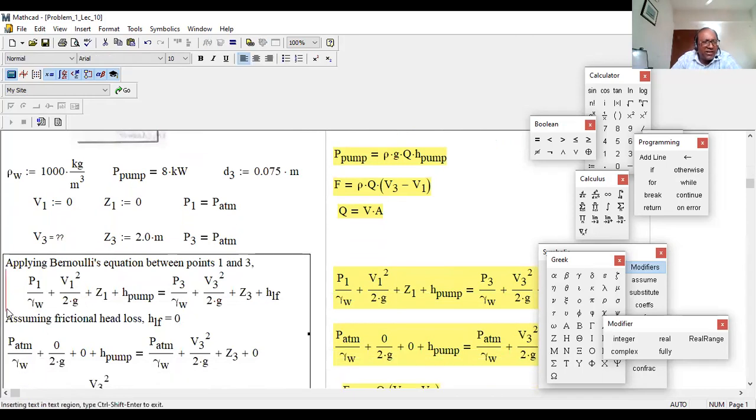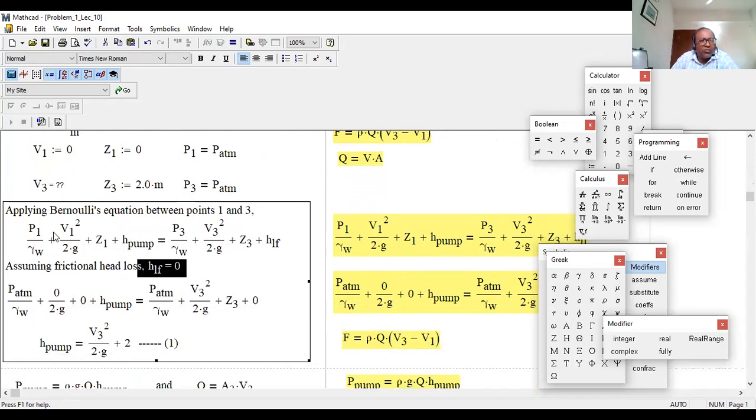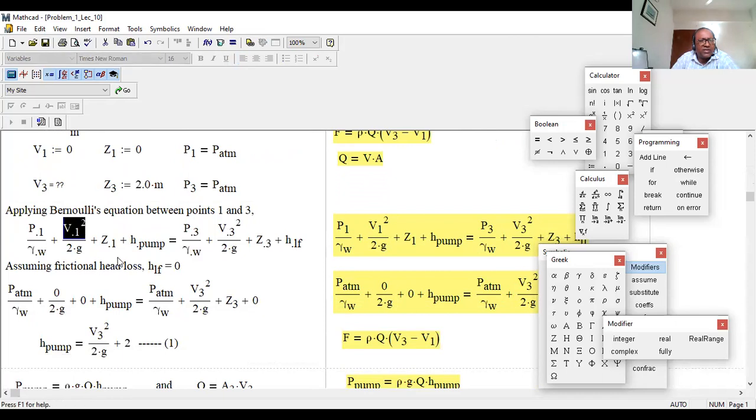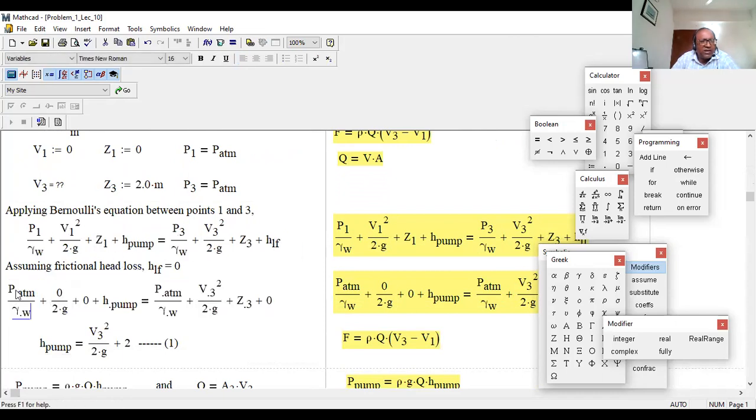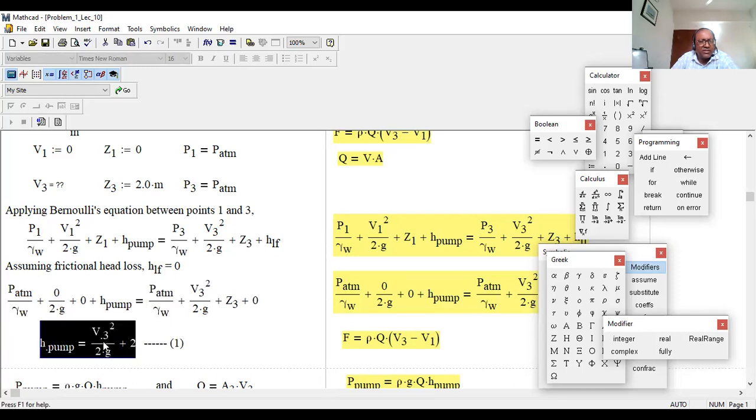So I am saying that the head loss hL equals 0. Now your V1 is 0, Z1 is 0. So P atmospheric pressure remains on the left side, and on the right side P atmospheric pressure, V3, Z3. Z3 value is given as 2 meter. And this term and this term will be out. So H pump equals only this equation. Okay. Now,